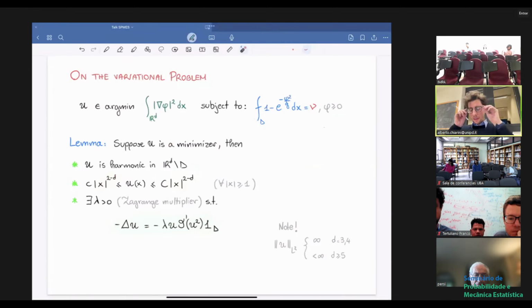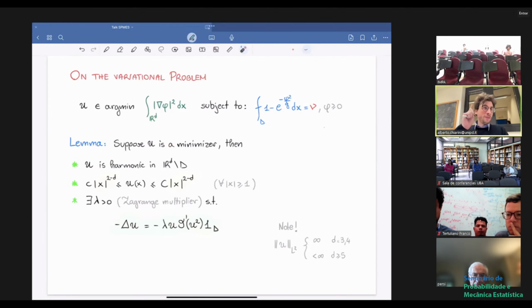As I said, to get this lower bound, we had to construct some quasi-optimal strategy for the random walk to realize this deviant behavior. So it's interesting to understand what these minimizers look like. If we understand the minimizer, we also understand how the random walk covers these sets. Well, if we look at the minimizers of this variational problem, subject to this constraint,